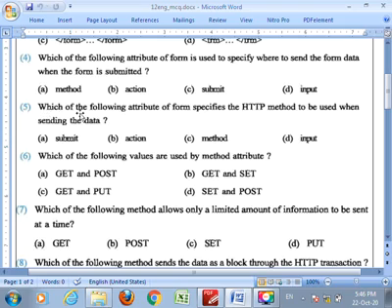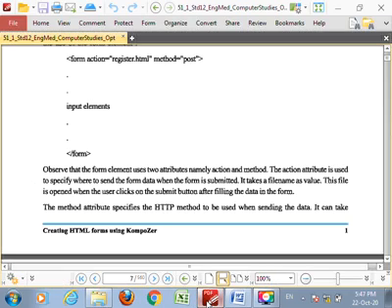Number 5 is, which of the following attributes of form specifies the HTTP method to be used when sending the data? Again I repeat, which attribute of form specifies the HTTP method to be used when sending data? Here it is the method attribute.